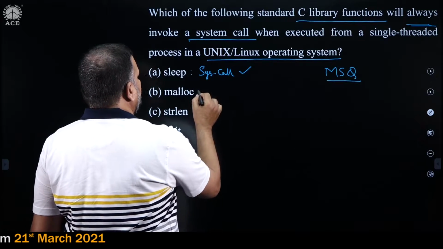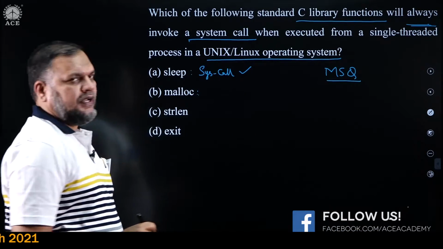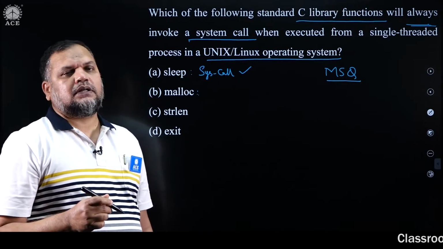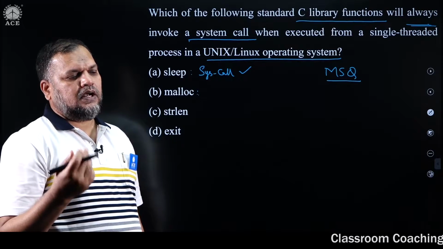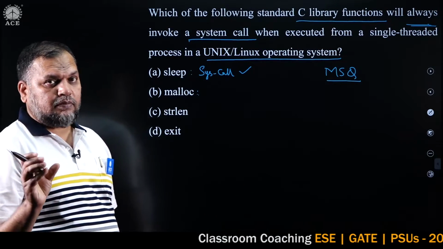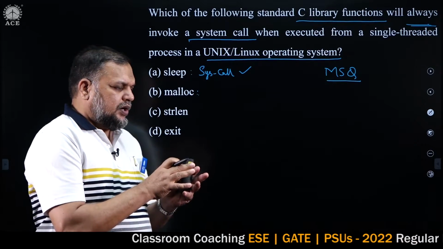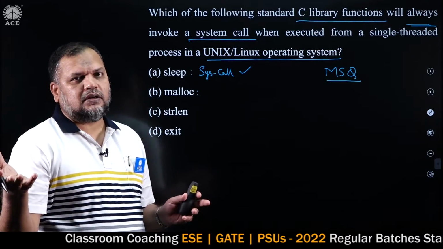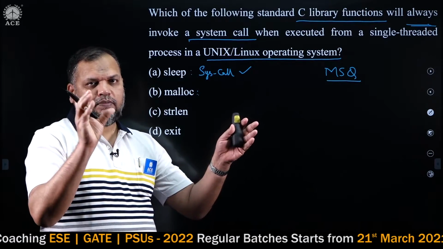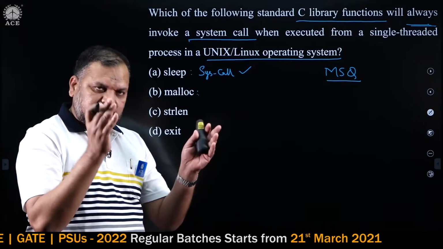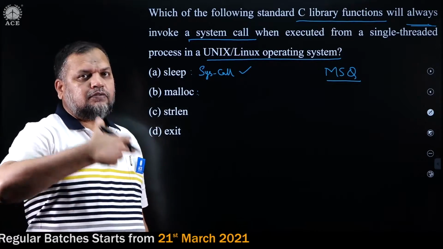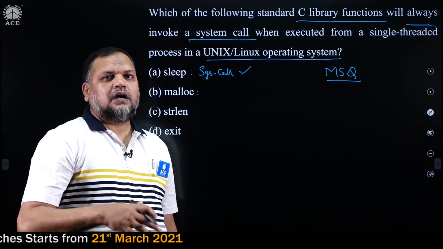Malloc. See, malloc is basically for dynamic memory allocation. We have the characteristic in the literature of Unix and Linux that whenever malloc requires a large chunk of memory, a system call is always generated. But when it requires small chunks of memory, then it will not generate a system call for every memory allocation, but rather for the first time, even if the memory needed is less, it will allocate a large chunk so that it can keep it,